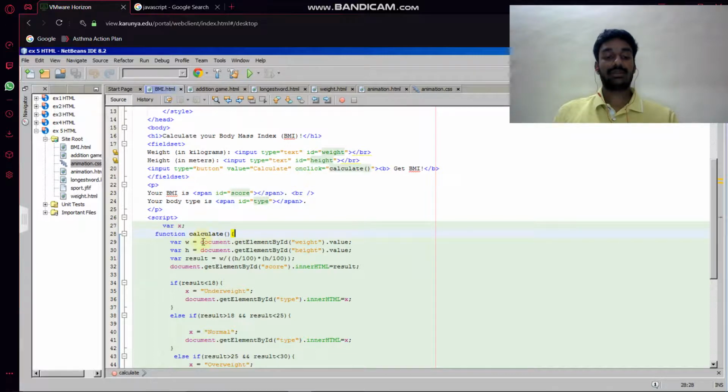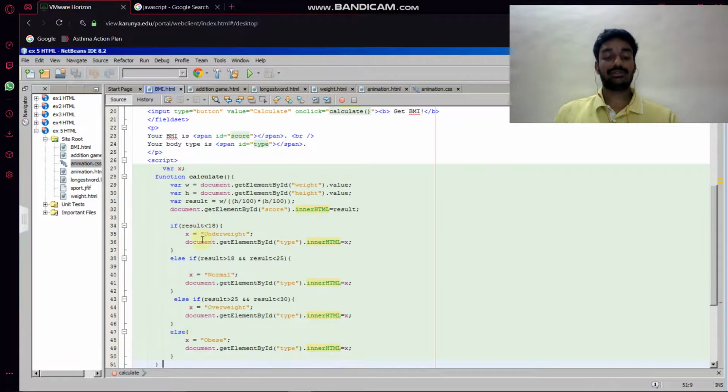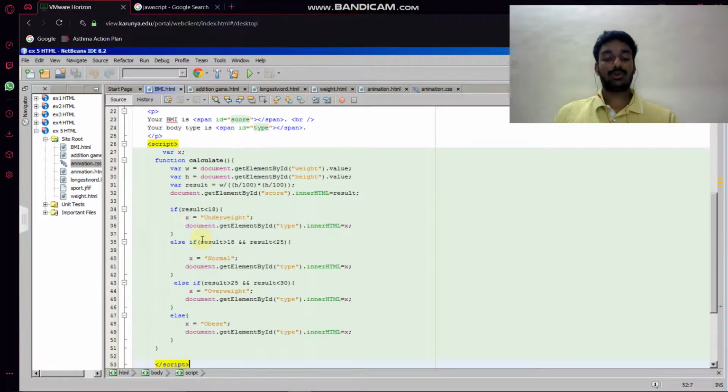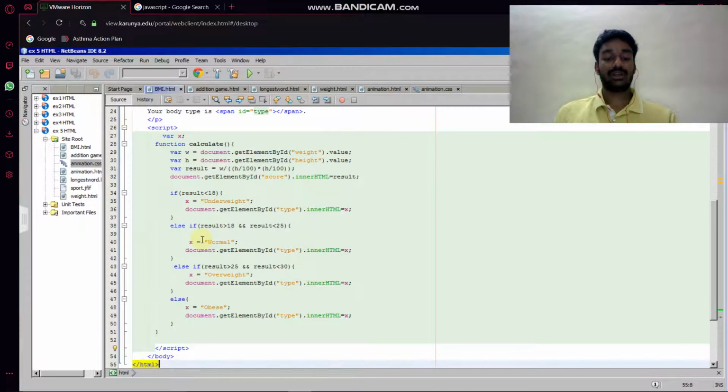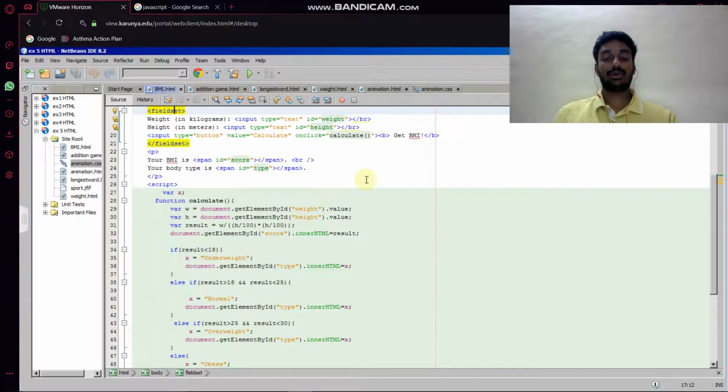on click, and here I am declaring the function calculate, and I have given the weight, height, and then the result, the score, and I have given if conditions for the different conditions which the BMI calculator has to satisfy to name the person as underweight, normal, overweight or obese. And then we will end the scripting. Now as I run the code,